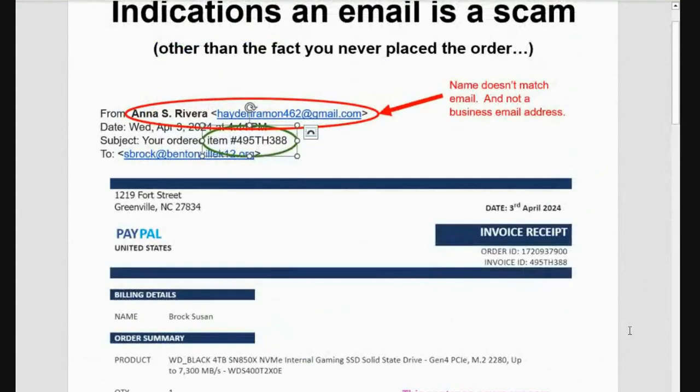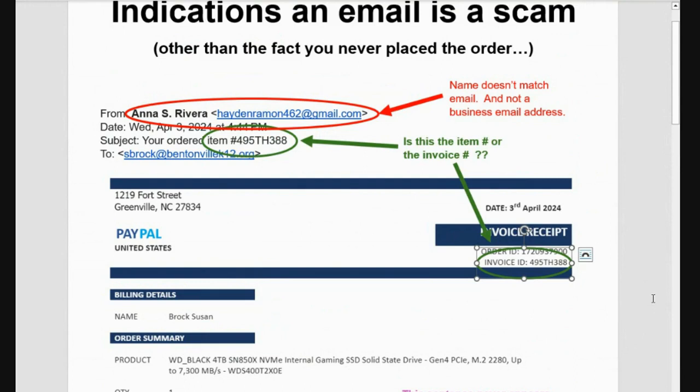See, here's something else I noticed. Look at the ordered item number and look at the invoice number. Is that the item number or the invoice number? Invoice numbers are not the same as item numbers because everybody has a different invoice number. If everyone ordered the same item, they'd have the same invoice numbers, and that would create a problem in their computer because it's like, wait a minute, whose invoice is this?